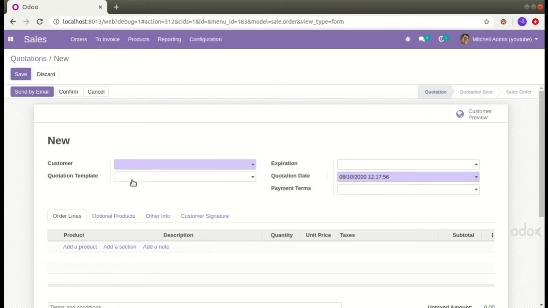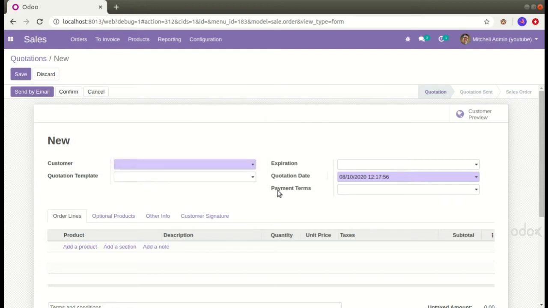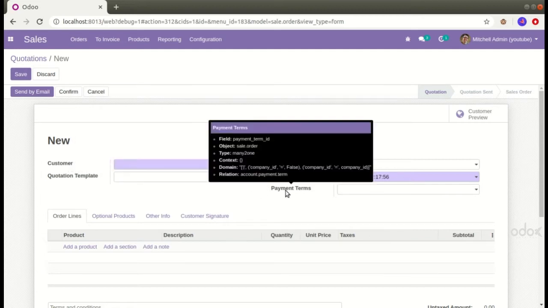To understand which fields correspond to the customer and payment terms, I have to switch on the debug mode and place the mouse pointer here. We can understand from here that partner_id corresponds to the customer, as well as payment_term_id corresponds to the payment terms.